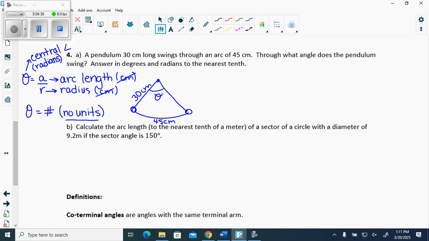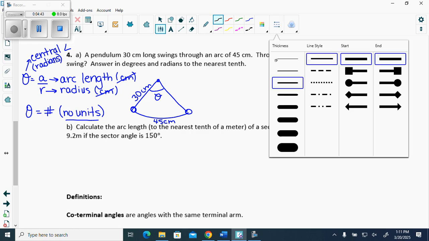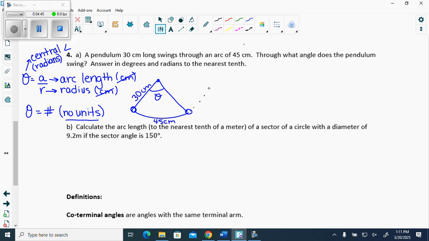remember that to use this formula we need arc length and radius. Well, we do have the radius because if you think about it, and sometimes if they give you just a piece of it, go around in the circle, right? Pretend that's a really good circle, it's not. So this is the what? The radius if that pendulum went all the way around, correct? So my radius is 30. And my arc length is